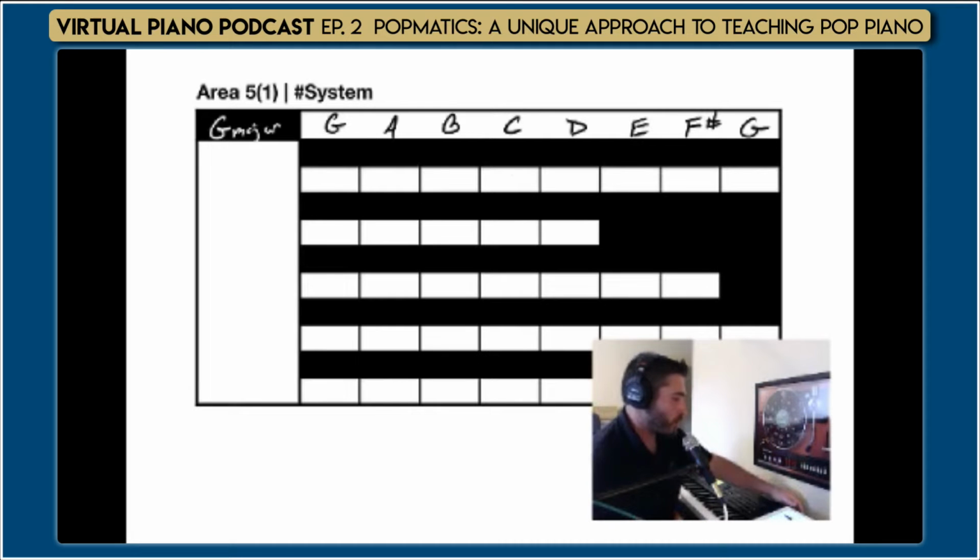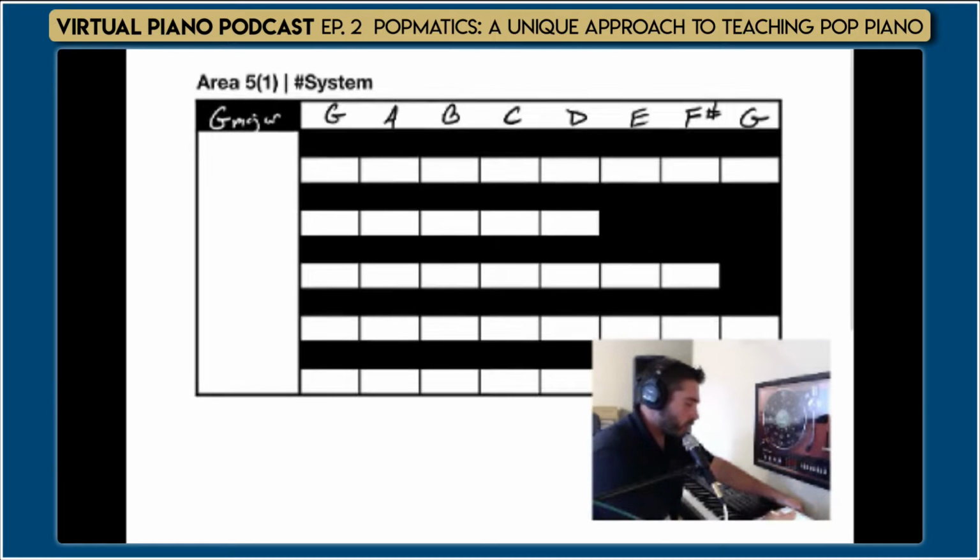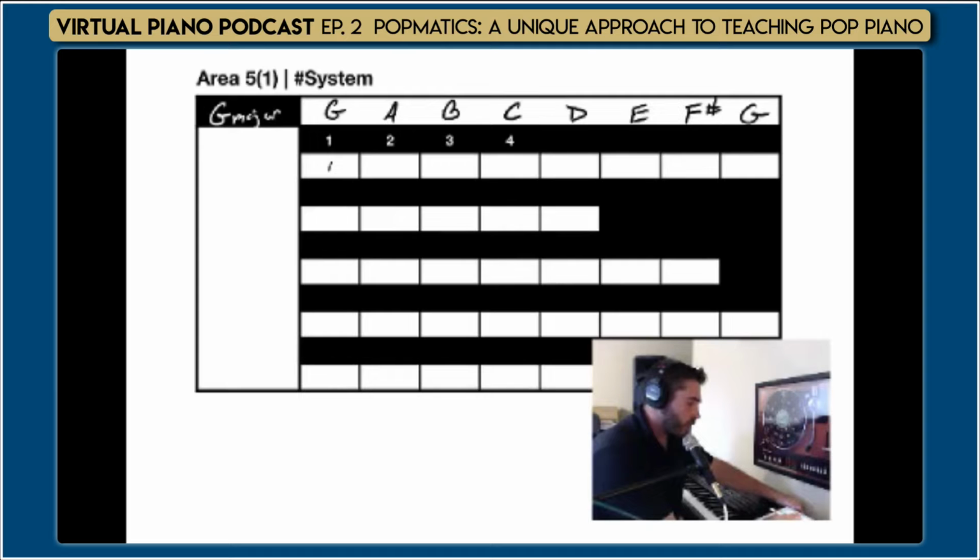So what I'm going to do here is something kind of recent that I've done. Although I've done this exercise with students before, the presentation is a little different. I'm going to uncover right here. We have the numbers 1, 2, 3, 4, 5, 6, 7, and then I have 1 in parentheses there. I call that the repeater for students. So when they get up there, they know the 7 different notes of the scale.